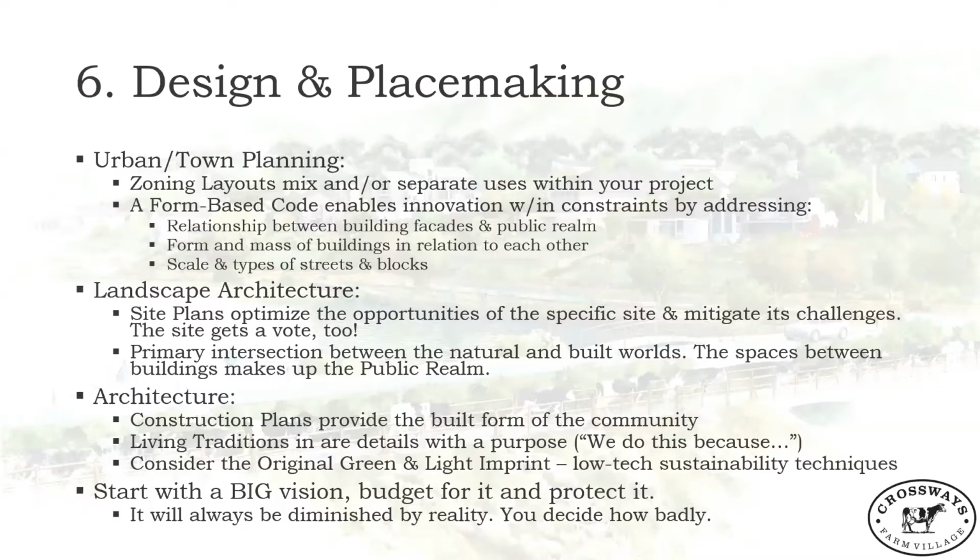So a predictable, unified public realm by defining the form of the neighborhood blocks, street details, massings, setbacks of buildings, etc., design form. And it's usually geared based on a transect zone. T1 to T6 is what you normally see. And that's basically talking about the intensity of development. T1 would be like a natural world, maybe a national park like Yellowstone or Yosemite. T6 is as urban as it gets. Think of Times Square, downtown Manhattan. And so there's different character that's appropriate for both of those realms and all the ones in between them,